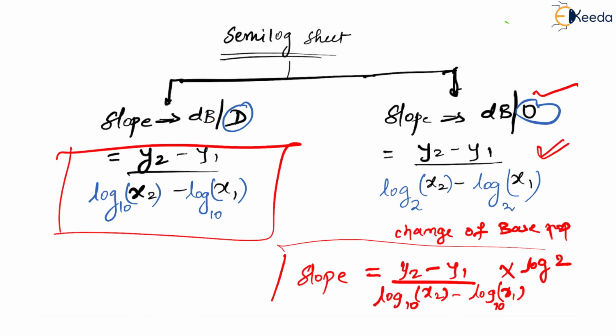Even for this one also, it is going to be simple. So we have seen the introduction to the Bode plot. We have seen how to find the slopes in decades as well as in octaves, and now we are all set to see how to draw an approximate or asymptotic Bode plot.